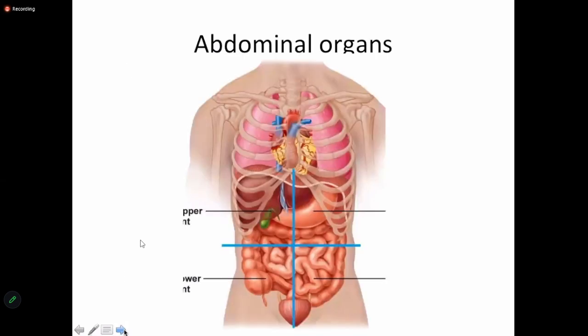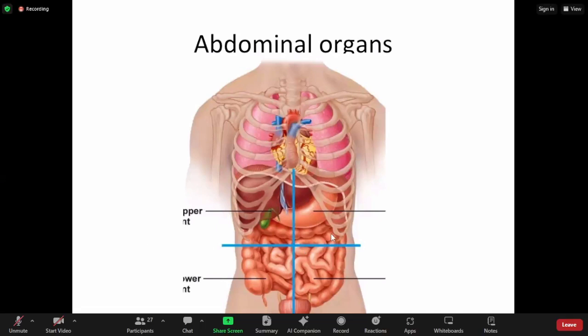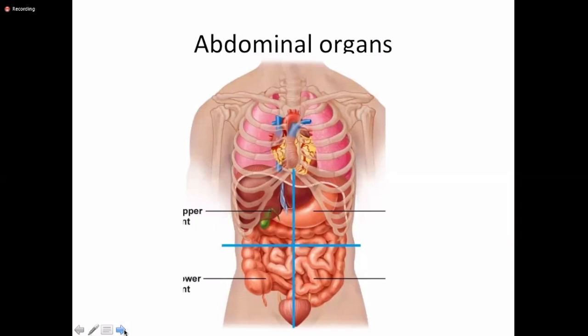Right. Let's look at the abdominal organs. Because in gastrointestinal tract, most of the organs are located in the abdomen. Of course, the mouth, pharynx, and esophagus, they are also considered as part of GIT. But the challenge is really within the abdominal organs. So when it comes to abdominal organs, what you need to realize is that